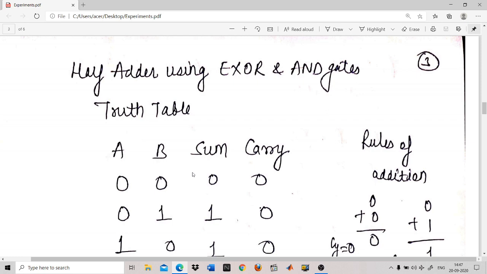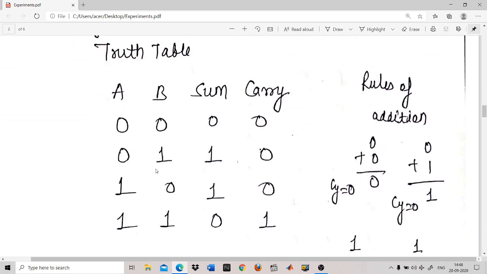So half adder means what? Because you are not incorporating the carry from the previous bit addition. Fine. So it means that you will be having only two variables, that is A and B. So when you are doing the addition, it means what? You are performing the arithmetic operation, and when you are doing the arithmetic operation, you will be requiring two operands in front of you, and there is one operator. Now in this case, which operator you are going to use? That is the plus operator.